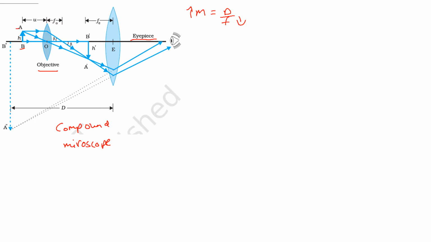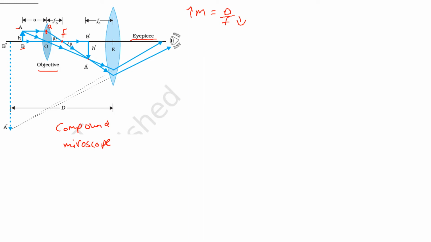Now first of all, we require a minimum of two rays to create an image. So let us create the two rays. One ray that is parallel to the principal axis, we can take it from A to Q, and if it is parallel to the principal axis, it will pass through the focus. So let us name this as focus F, the focal point F of the objective lens. And it will create an image of height h dash, that is A dash B dash.